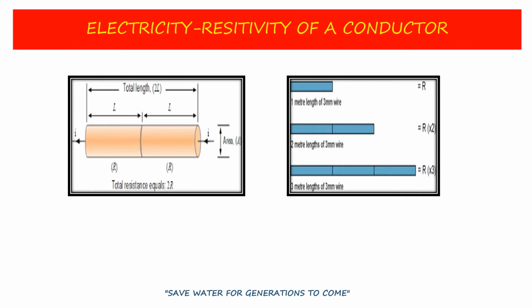So we are going to discuss in today's session the reason behind this, which is resistivity of a conductor. What is resistivity? On what factors does it depend? On what factors does it not depend? We are going to discuss. And at the end, you will see one important formula which helps us to solve questions very quickly and easily. So now let's begin the session and move towards the whiteboard.